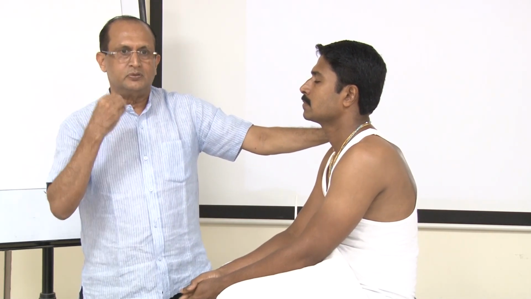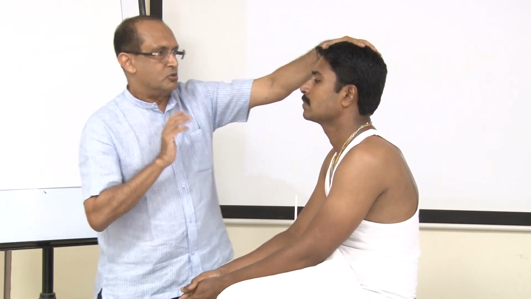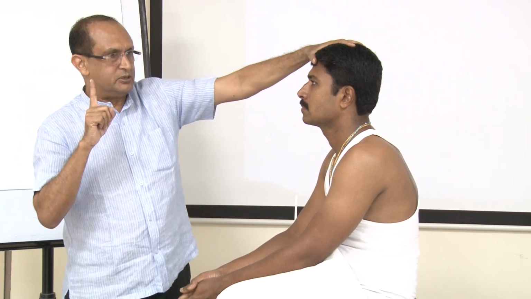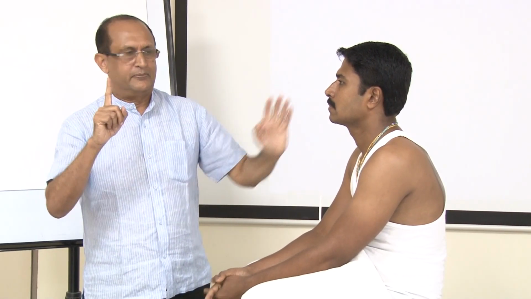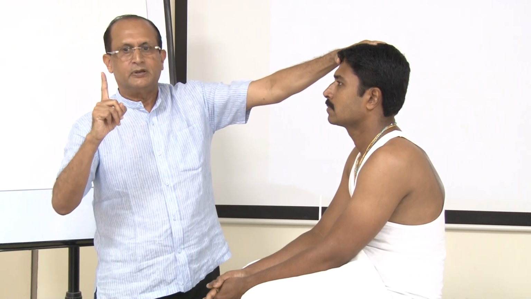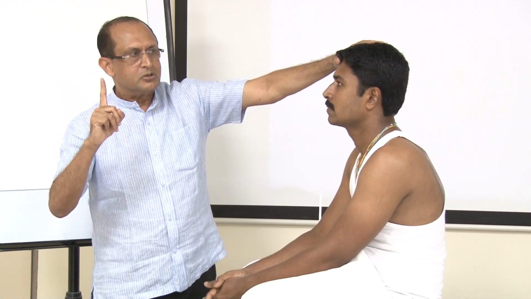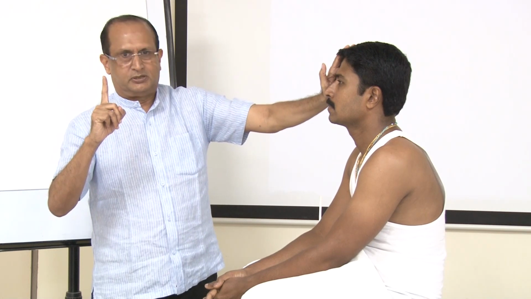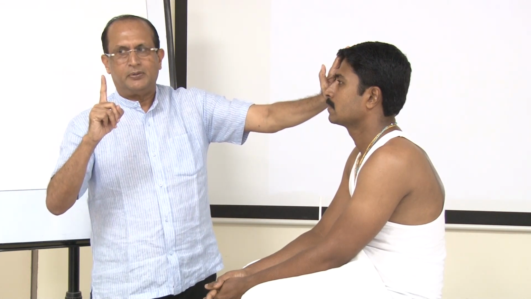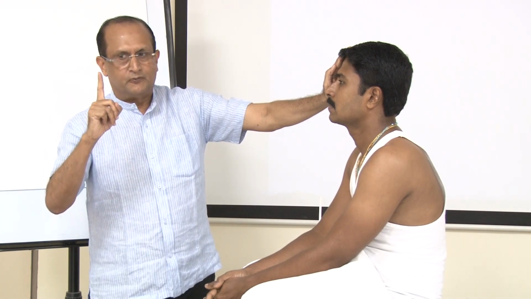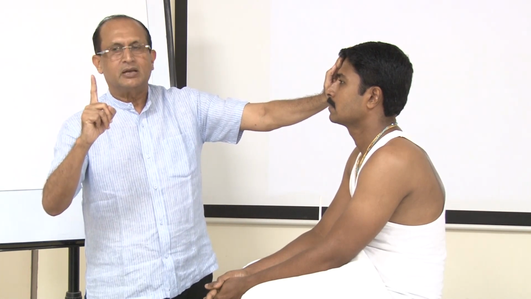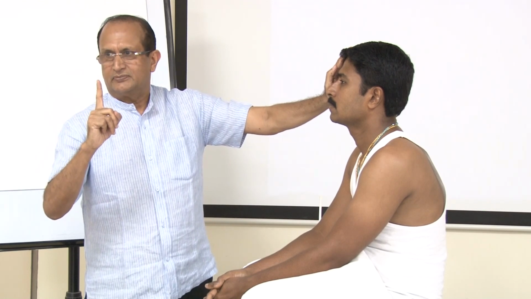What is primary deviation? What is secondary deviation? You ask him to look at an object, and then you will know which eye is the squinting eye. Ask him to look at an object, your finger, and then you close the apparently normal eye. Now the squinting eye, the abnormal eye, will move to fix the object. That is called the primary deviation.